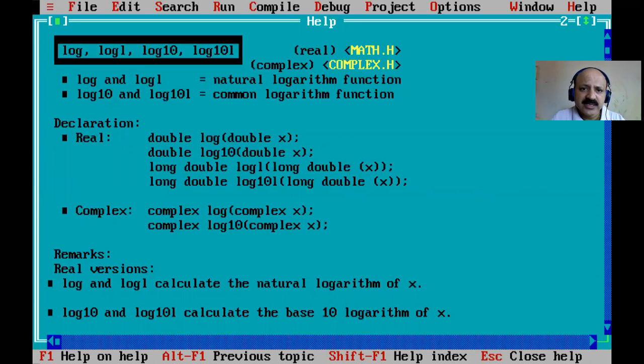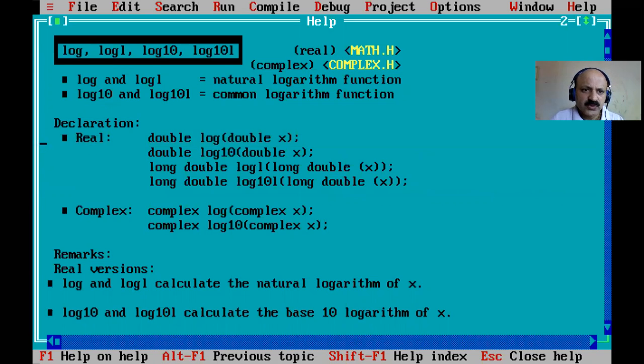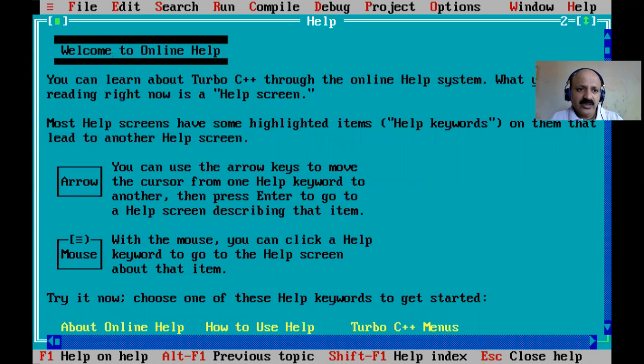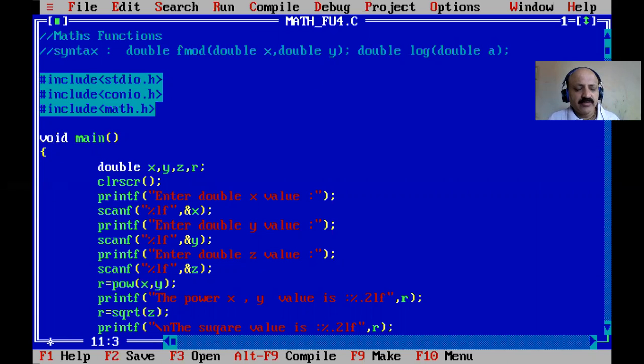Log and logl are there, and the syntax is here. So that is also perfect. Log takes a double and returns a double value. Okay, log. So we can see some value in the log table and then we can apply it. So that is a better way. Okay, now here we use fmod. So x and y scanning.